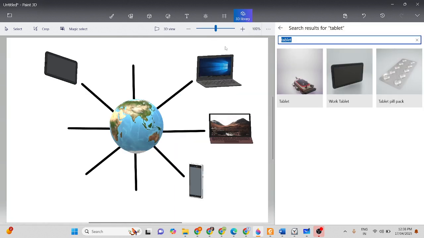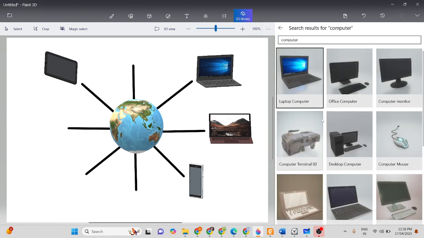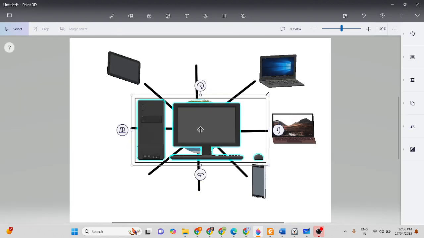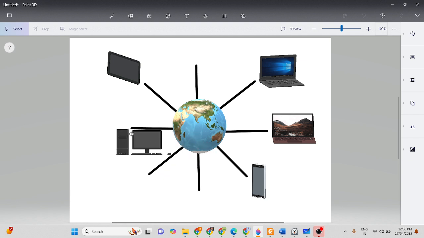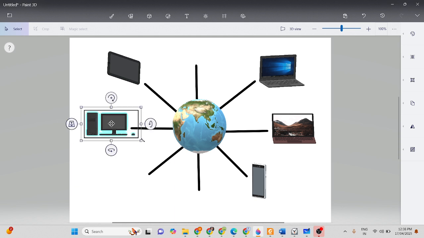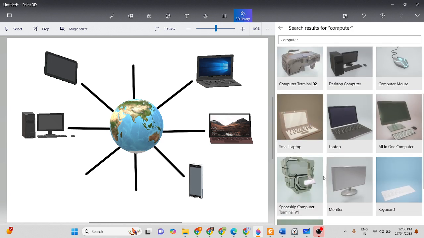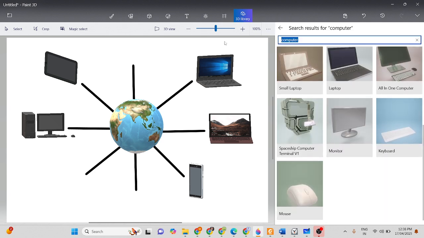Now let's go back. We can find some desktop computers because we remember that there are a lot of digital devices that can easily be connected to the internet, and even the resources, the printers, are also connected to the networks because they are being shared among different devices. So we can give it a little 3D view, and that's so beautiful. Now let's add some more devices, more laptops,